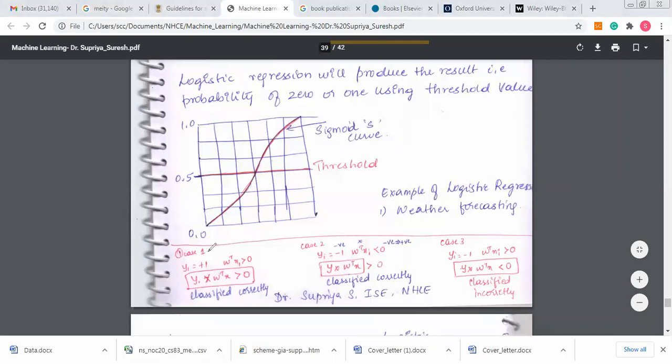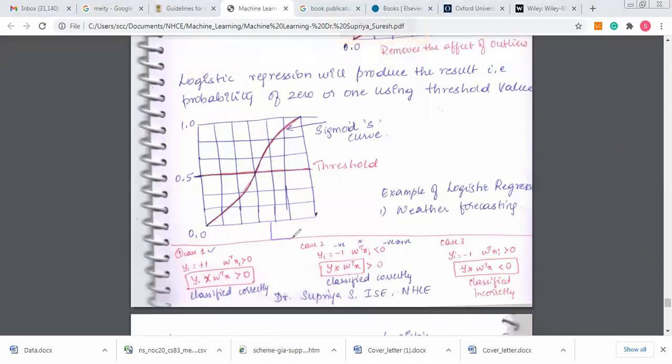In case one, we already knew that we are going to take a value which is above the line, this line, and we know that it is positive. So the value of y is equal to mx plus c, which is again positive. W transpose of x dash is greater than 0 because any point that is lying above the line, when I consider the value of all of these, is obviously going to be greater than 0. Positive plus positive is obviously going to be greater than 0, which means it is correctly classified. Both are positive over here.